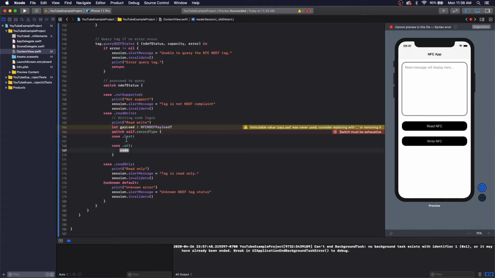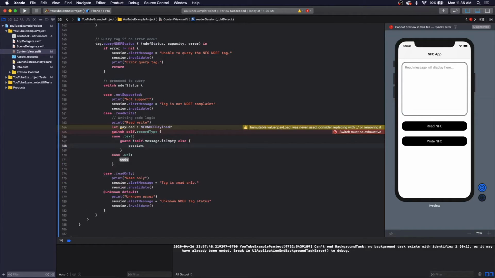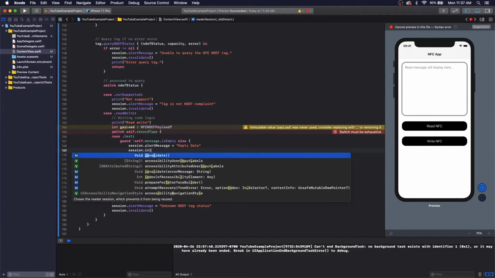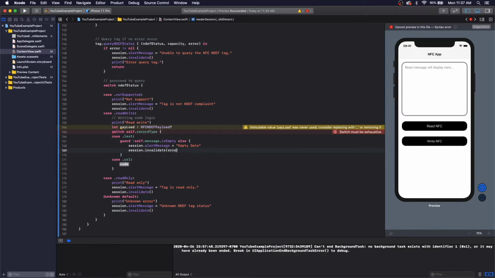And for the text case, we're just gonna make a guard, to make sure it's not empty, not some sort of empty data, because that will not be writing anything. So for writing the payload, you have 2 options. You can use either the built-in function, or you can manually input it yourself. So